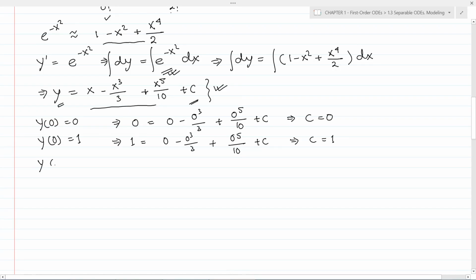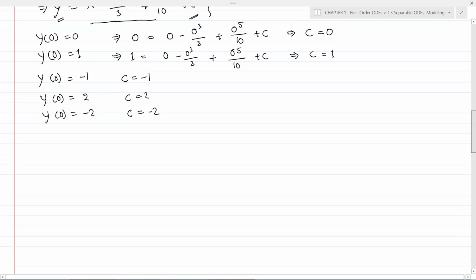Similarly, for the other three initial value conditions, that is y0 equal to minus 1, y0 equal to 2 and y of 0 equal to minus 2, we can calculate the values of C. For y0 equal to minus 1, C will be minus 1. For y0 equal to 2, C equal to 2, and for the fifth case, C equal to minus 2. These values of C we can substitute in this general solution to find the particular solutions, and there will